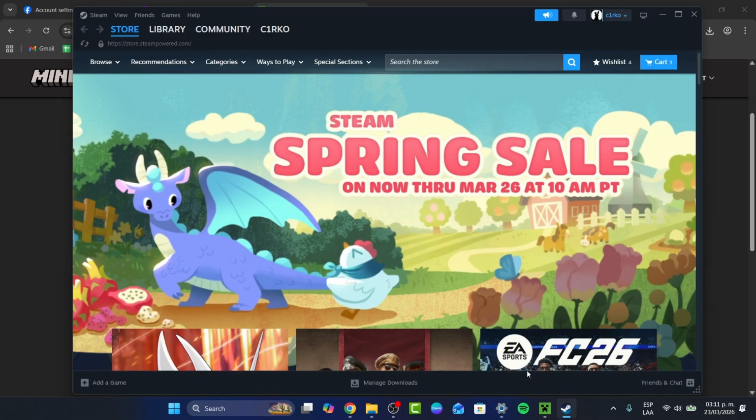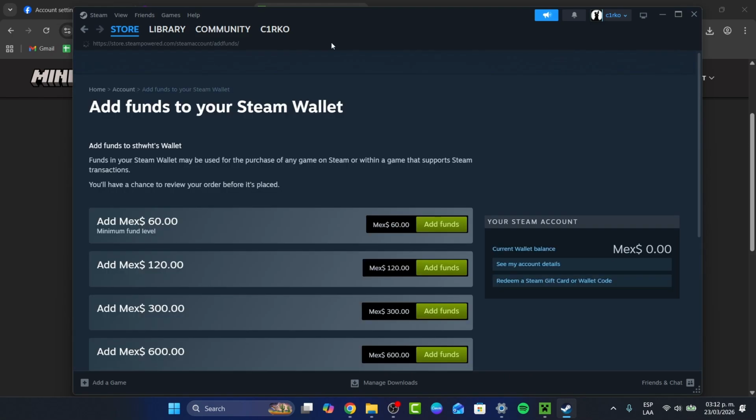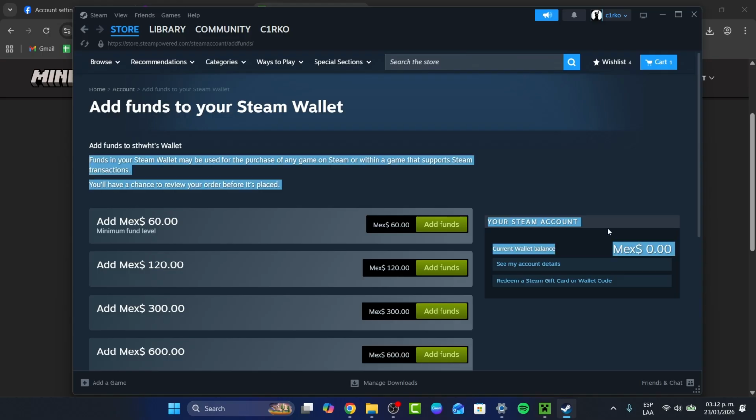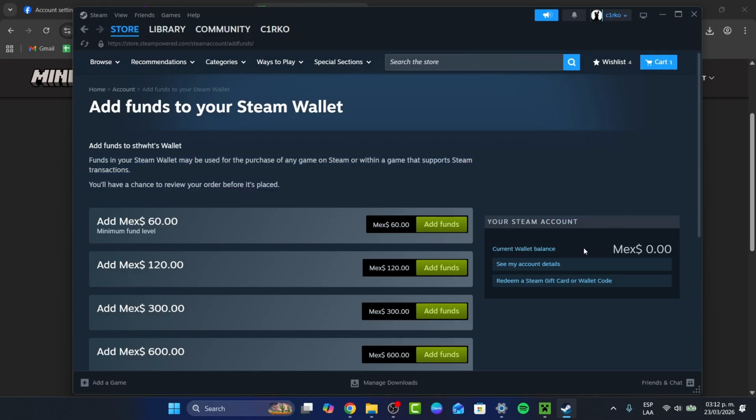Now, at the top right corner, you want to click on your account name that appears on the upper side. Then you want to click on this option that says View My Wallet. On the right hand side, you will see the link to redeem an actual Steam card, which appears in your Steam account. You can see that we currently have no balance, but here we have Redeem a Steam Gift Card